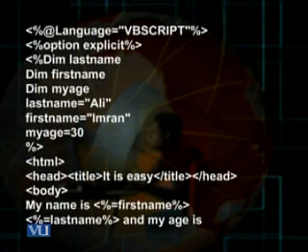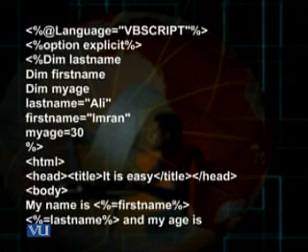Then in order to declare variables in ASP, most variables I can declare with the help of the keyword dim. So within the delimiters, as you can see, I declare the variable last name, dim last name, then dim first name, then dim my age. Here I am declaring three variables, last name, first name, and my age. And then I give values to these variables. Last name equal Ali, first name equal Imran, and my age equal 30. And then I close the delimiter sign.